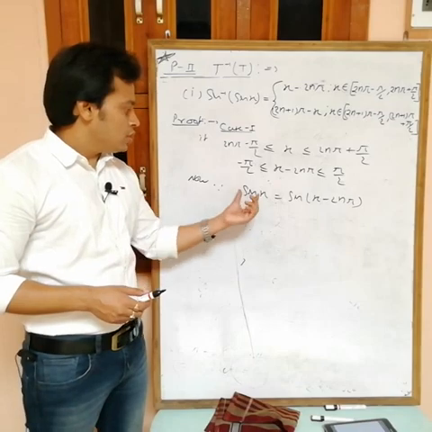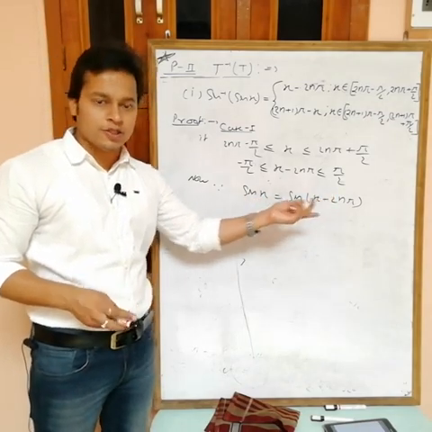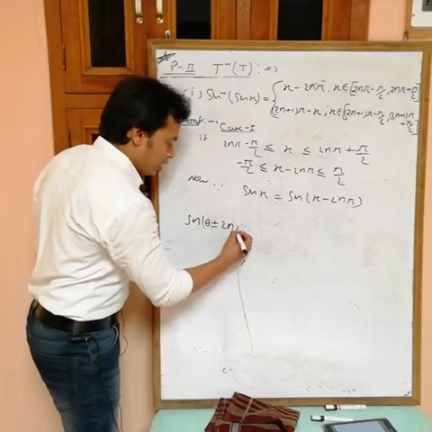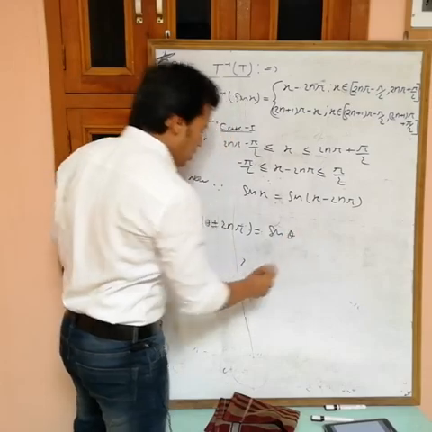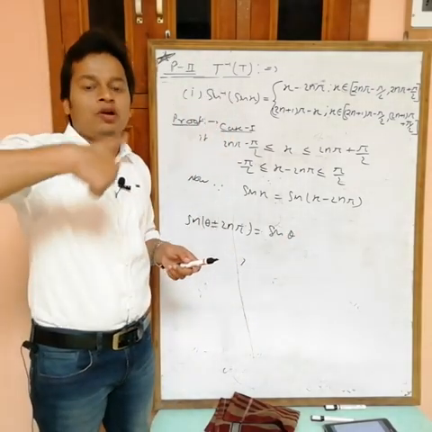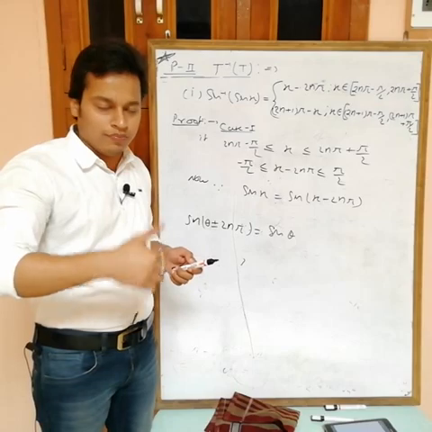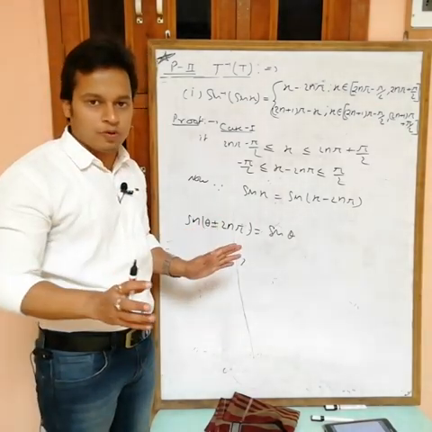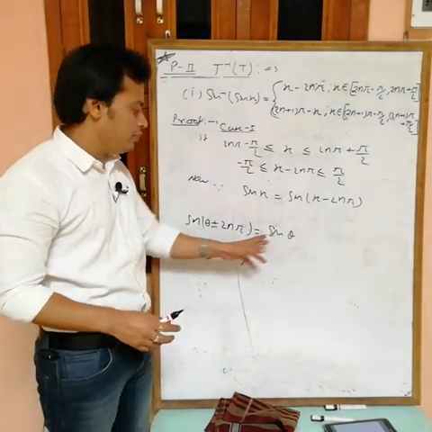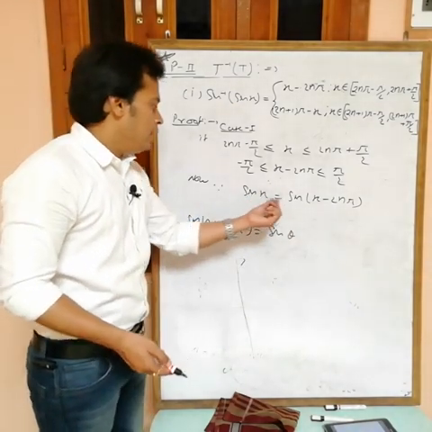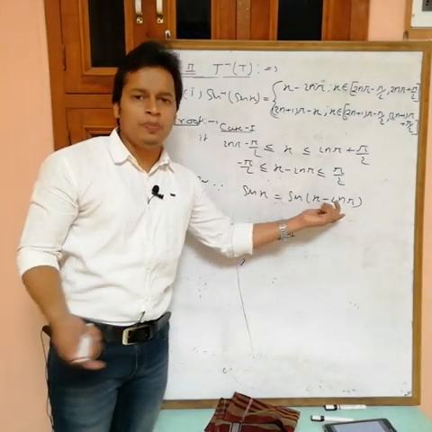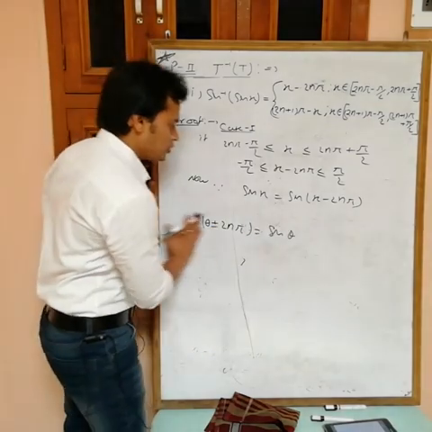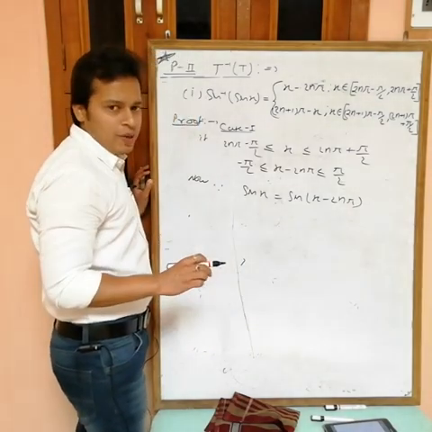Actually yes, sine theta equals sine of theta plus or minus 2n pi. We know that sine of theta plus or minus 2n pi is equal to sine theta, because 2n pi means a complete round of 2 pi. So either add 2 pi or subtract 2 pi, there is no problem. So sine of theta plus or minus 2n pi is always equal to sine theta. Similarly, in place of x we have x minus 2n pi, no problem. 2n pi means 2 pi, 4 pi, 6 pi, that is equal.